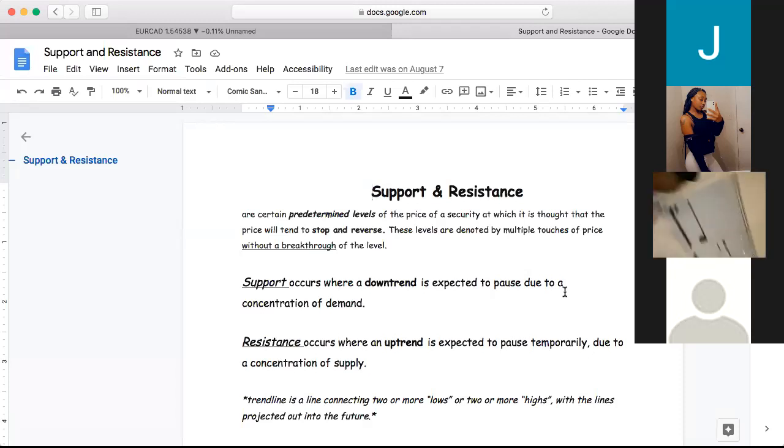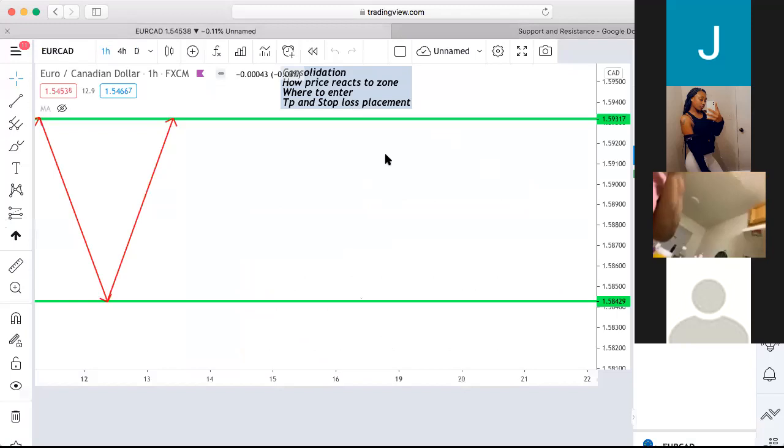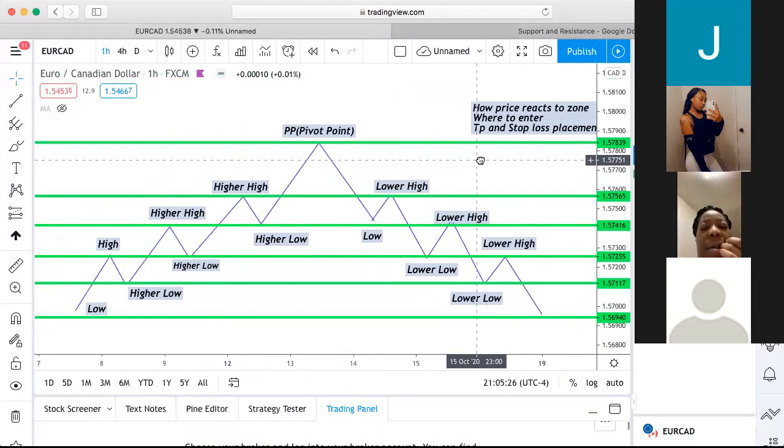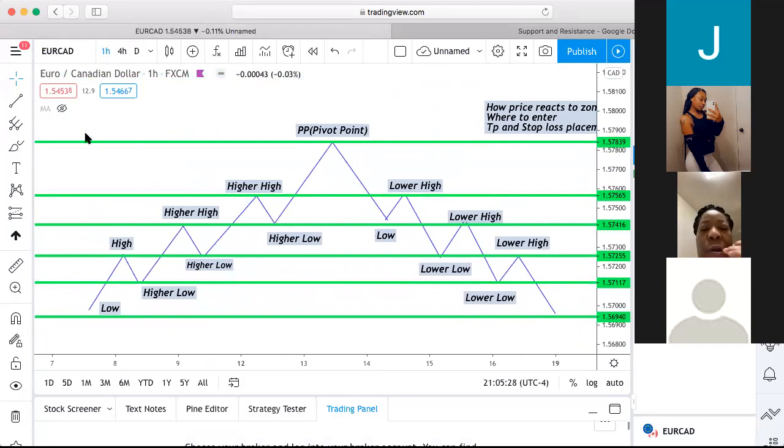All right, so check this out. I'm actually finna move into the charts. This is something that I just put together. Can everybody see my chart right now? All right. I need you to understand that all these zones where the market is pivoting are support and resistance zones, right? So I want you to think of support as the floor and resistance as the ceiling,